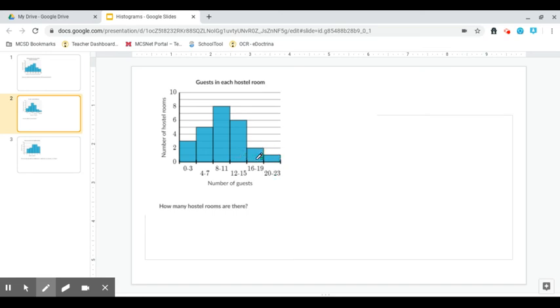I wouldn't want to stay in any of these rooms. Too many people. A little crowded. A little weird. Okay, anyways,